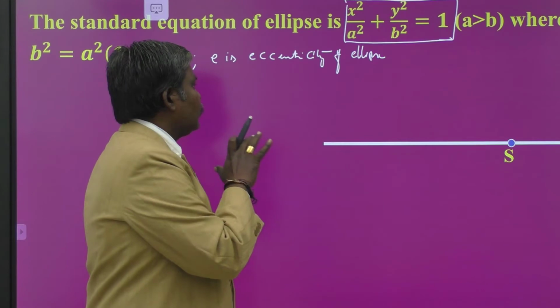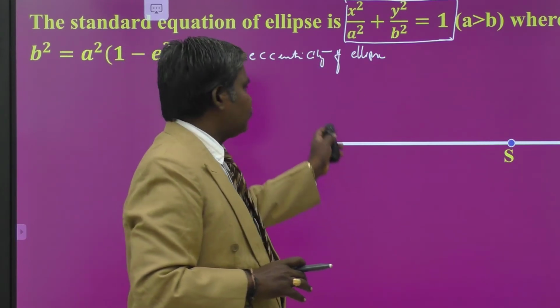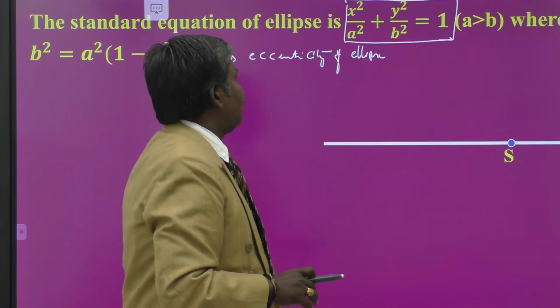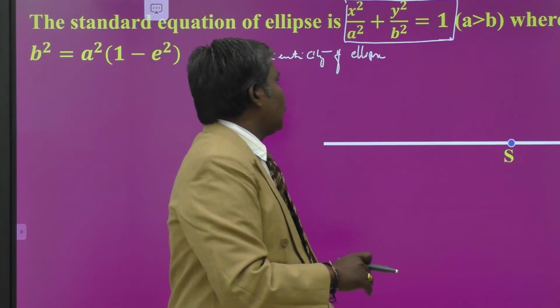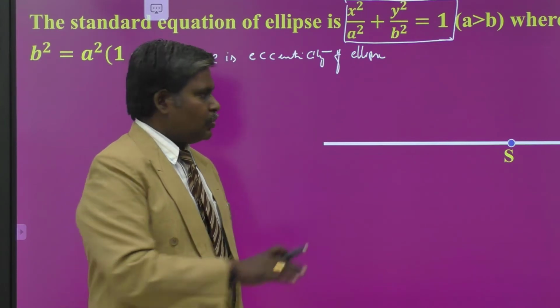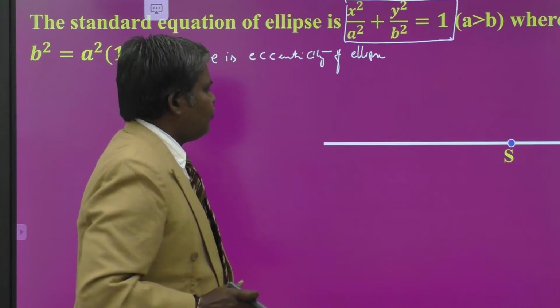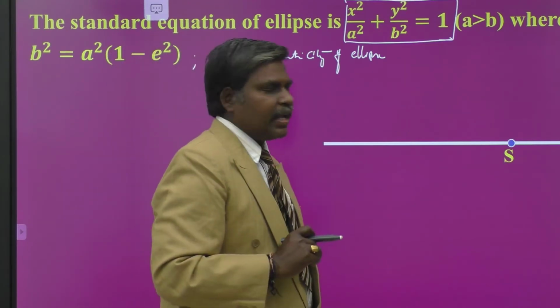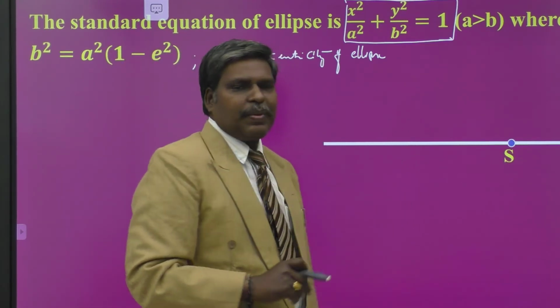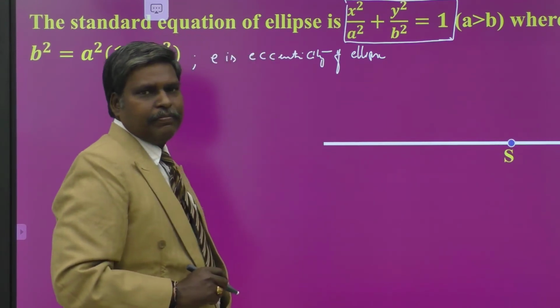We are going to construct the ellipse to derive the equation x squared by a squared plus y squared by b squared is equal to 1. So, the construction of the ellipse is going here. Let S be the focus and line L be the directrix. Draw line SZ perpendicular from the focus to the directrix L.